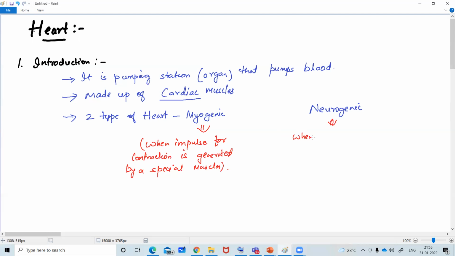So you can say that when the brain or nervous tissue generates the stimulus for heartbeat,